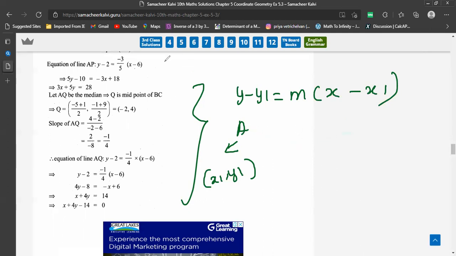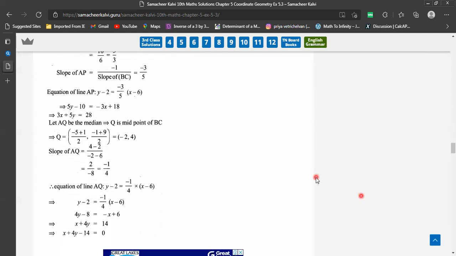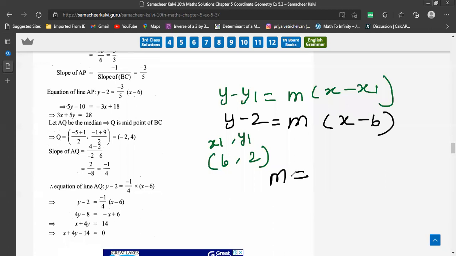What is A? A is 6 comma 2. So that will be your x1 comma y1. So it's y minus y1 equal to m into x minus x1. It's y minus 2 equal to m into x minus 6. And how can you find the value of m? M is nothing but